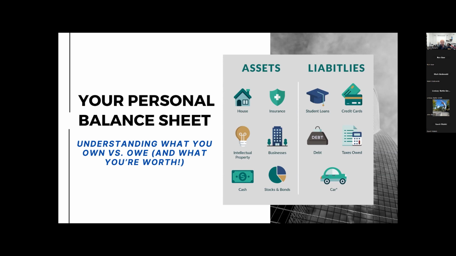Your personal residence, any sort of other real estate that you own, your stock portfolio, the cash sitting between your mattress, all your bank accounts, you name it. And then you draw a line, and on the other side, you list out all the debts that you owe. Okay. Student loans, credit card debt, taxes. I mean, anything that, if you owe something to somebody, well, it belongs on that side, right? A car payment. A home mortgage, right?